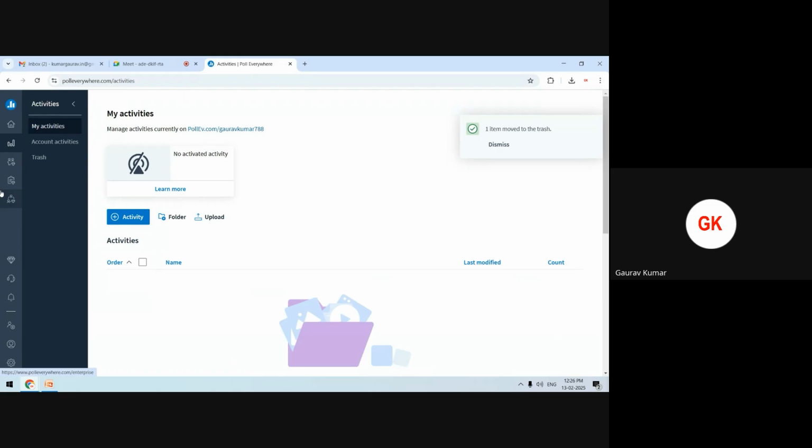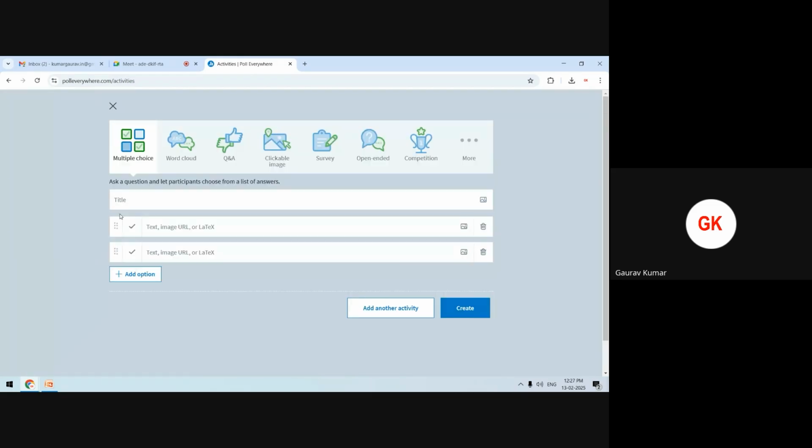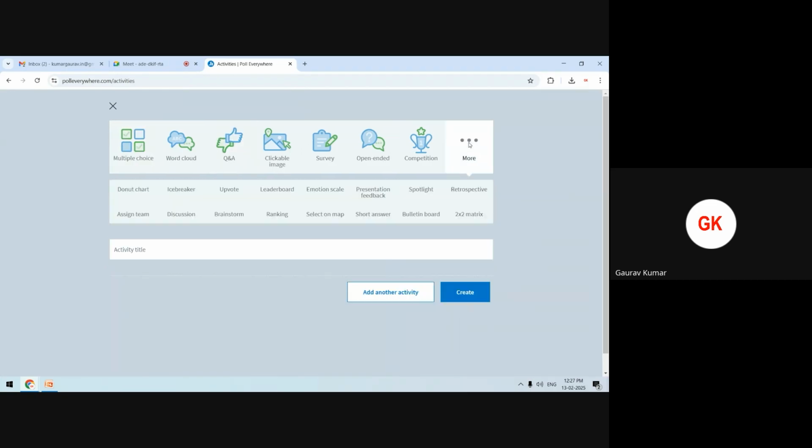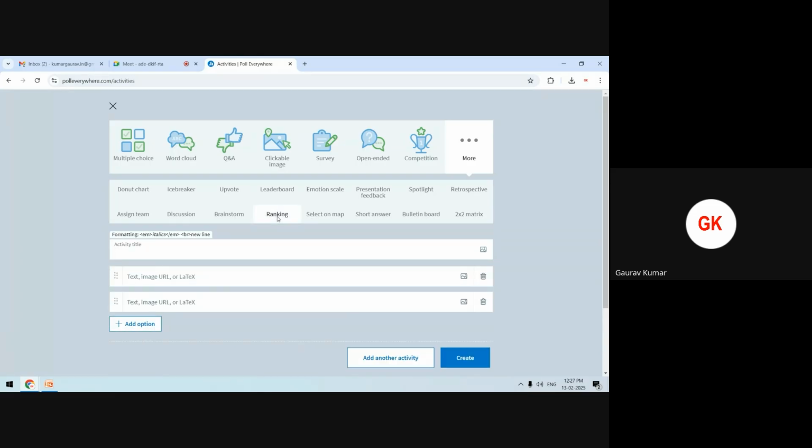In the same way, for example, another type of activity we want to put here related to question and answer, or for example brainstorming or ranking. We want to go for ranking of something. Rank. So another question I'm specifying here: rank these cities